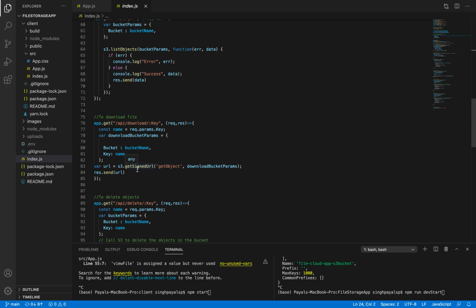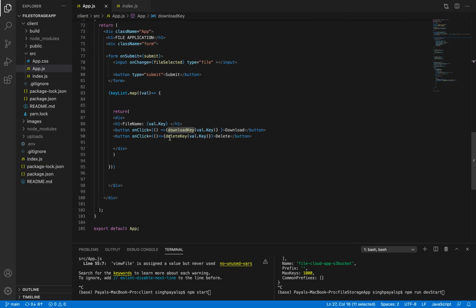It will get a particular object url from s3, and it will help to download the file, and it is very secure. So that's why we're using s3.getSignedUrl for download purposes.